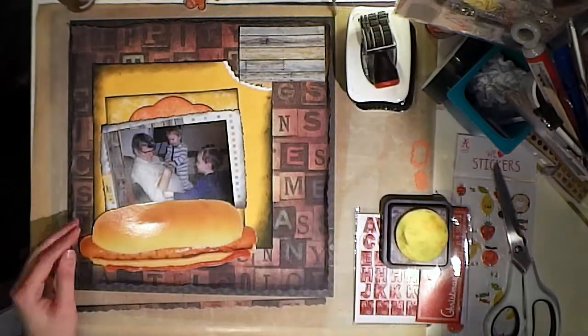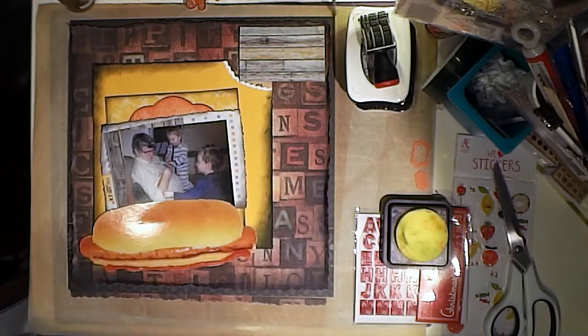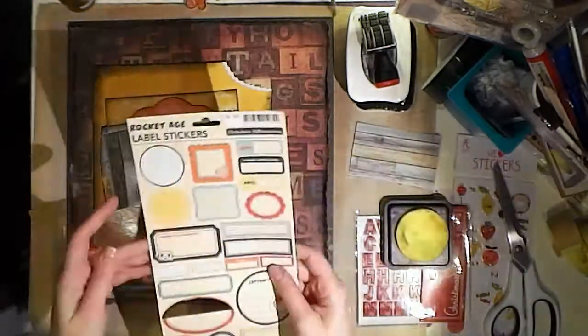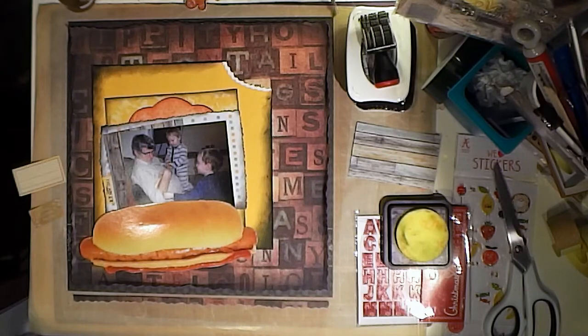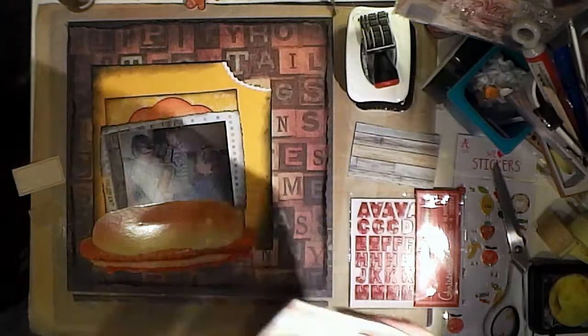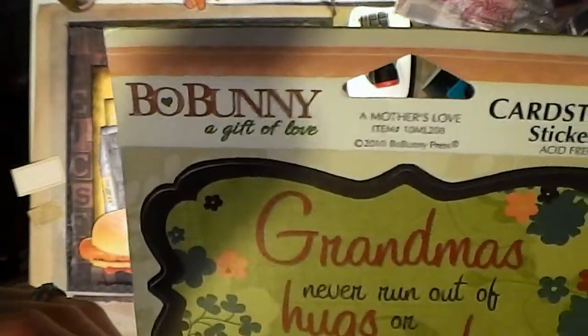So I'm just single stamping the date with an office supply stamp, just to keep a record of when the picture was taken. And I'm pulling out, of course, these October afternoon stickers just to kind of embellish some of the corners, and some Bow Bunny stickers which go with the collection, I think, or if they don't, they